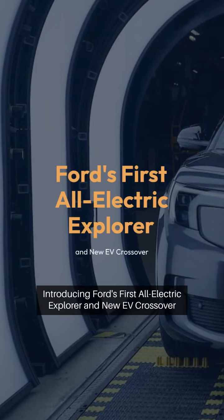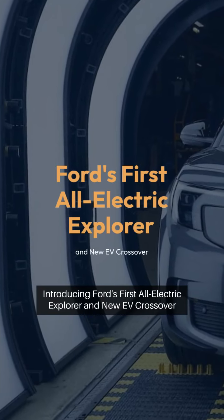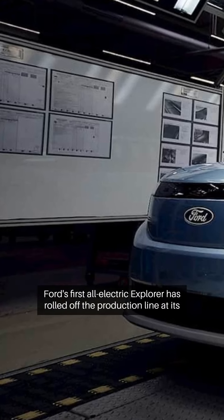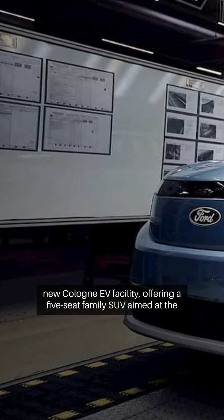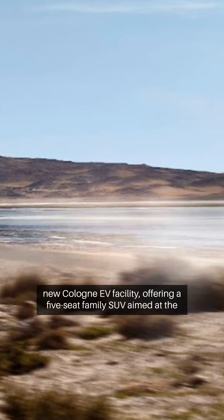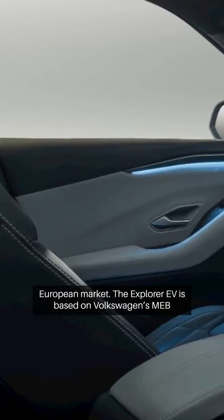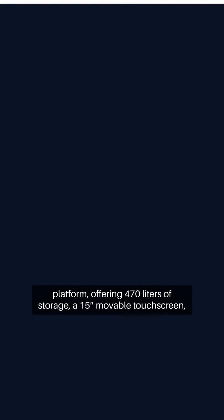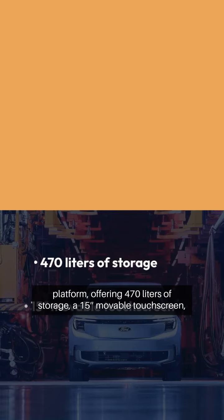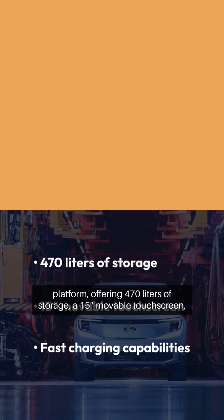Introducing Ford's first all-electric Explorer and new EV crossover. Ford's first all-electric Explorer has rolled off the production line at its new Cologne EV facility, offering a 5-seat family SUV aimed at the European market. The Explorer EV is based on Volkswagen's MEB platform, offering 470 liters of storage, a 15" movable touchscreen, and fast